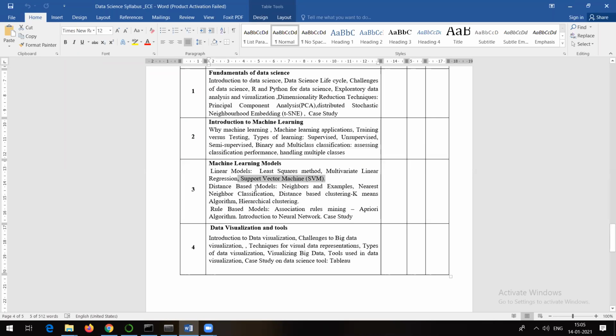Okay. Now the time is to move to the next topic, that is distance based models. Before discussing these models, first of all, one should have an idea about how distances are calculated between points. So what are the formulas? What are the techniques which are used to calculate the distance between 2 points?